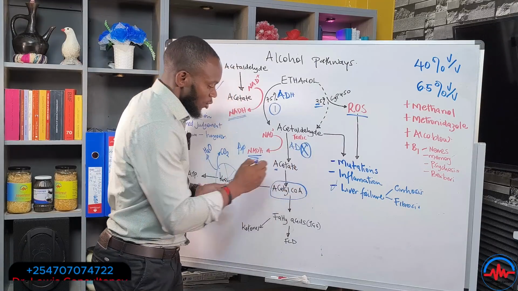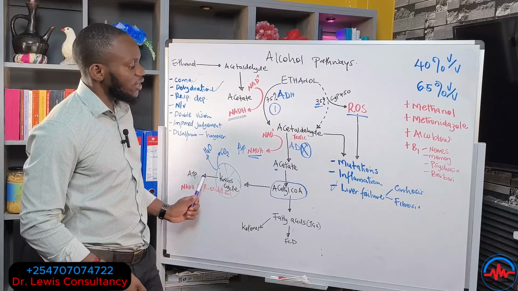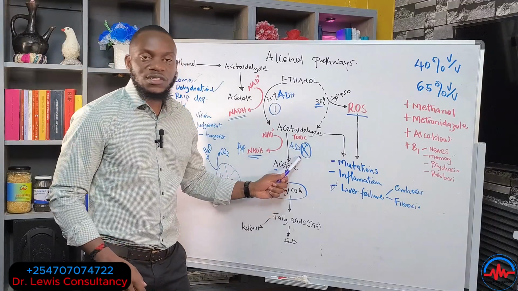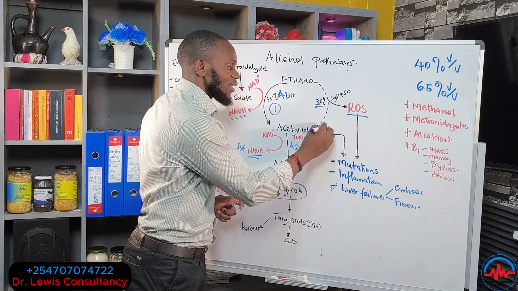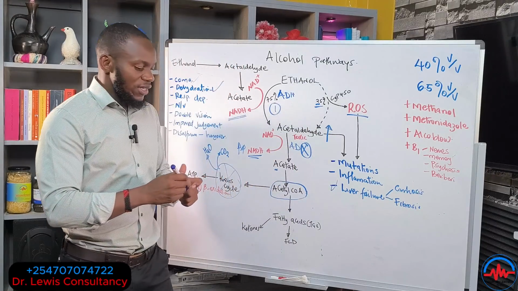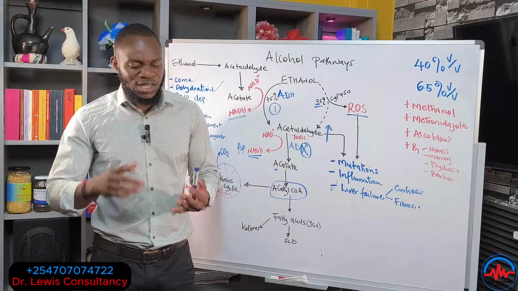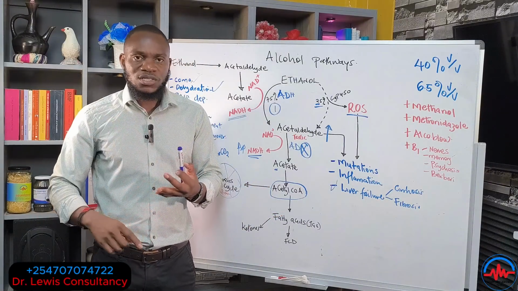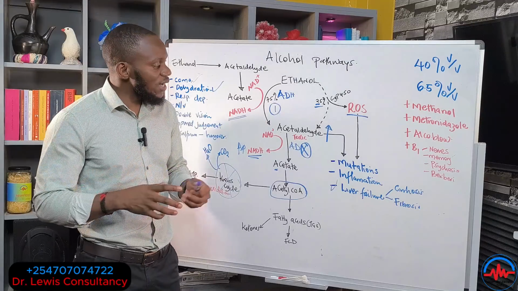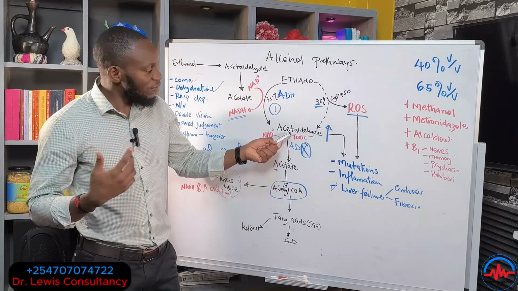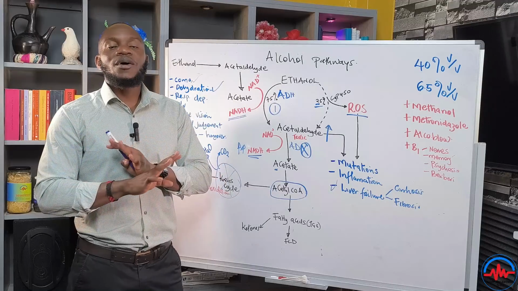So once it blocks this pathway, we are not going to convert our alcohol into water and CO2 or ATP, or even into acetate, which is the least toxic in the system. Therefore, we will start accumulating acetaldehyde in the system. Once you accumulate acetaldehyde, what will happen to you? You might end up having a hangover for 3 days, the hot flashes, the rashes on the skin, the nausea and vomiting, the headaches. All these things are coming in as a result of the buildup of acetaldehyde in the system. So if you're taking alcohol, stay away from metronidazole.